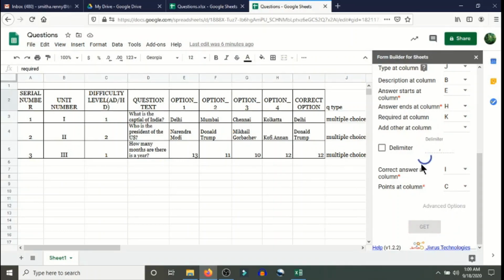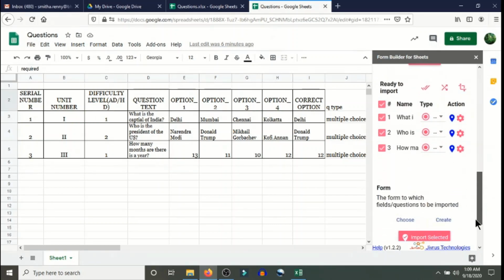And the processing happens. Once the processing stops, you can see that further options have been given here. If you see these further options, they are the questions that you had given here. All the questions are there. If you take your mouse over it, it will expand the question and show you the type of question, that is, they were all multiple choice and so on.